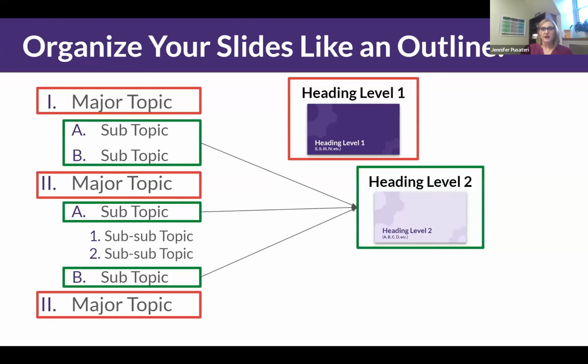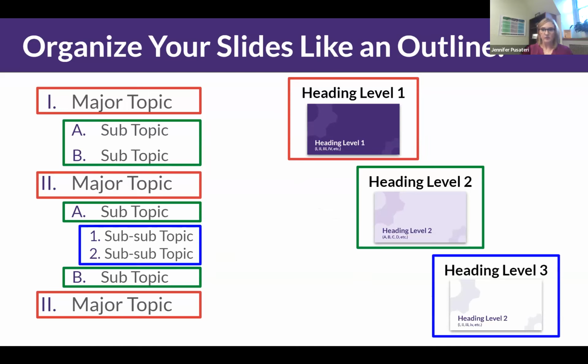Then the things that are kind of underneath that, the subheadings. If this was an outline, again, that would be the A, B, C, etc. I use that slide. And then I use the lightest one, the white with the light purple, as my numbers 1, 2, 3. This seems like a little bit of an overkill, but I will say, actually, it helps me to lay out my slides, but it also helps when students are going back and looking over your slides again. It helps to organize that information for them. And it helps to give them a clue as to which things are the most important, which things fall under that. So it helps them organize themselves, the material and the information that they're learning.